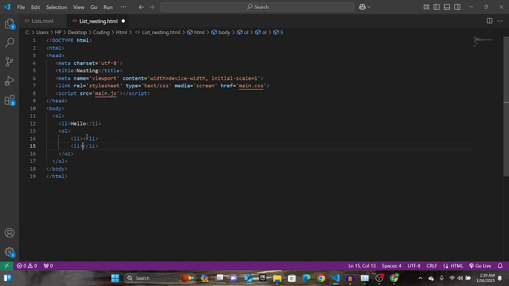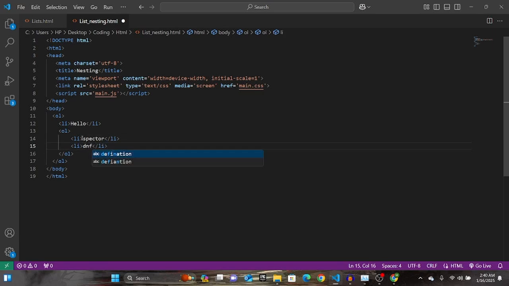And now if I want, I can also make another ordered list inside this, or I could make the other list, which is the unordered list. Let's just say spectra, and